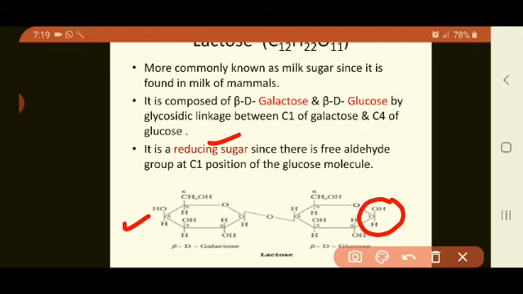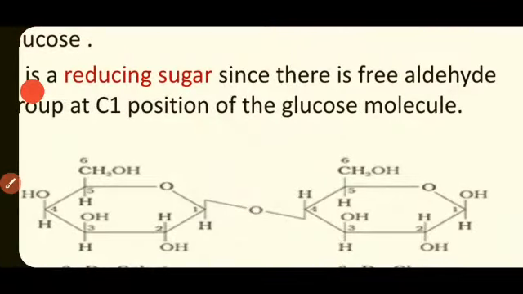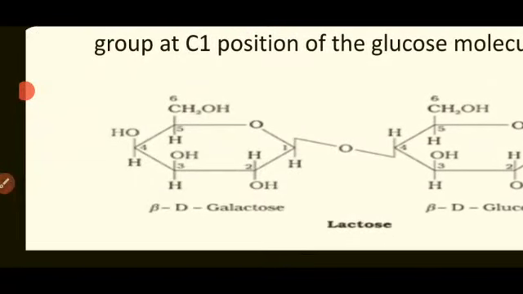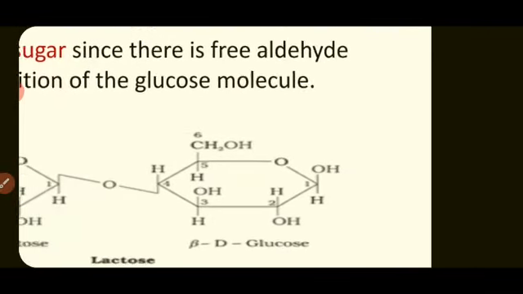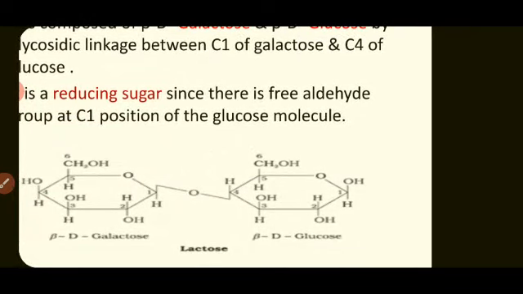And one more trick to remember the lactose structure is that the glycosidic linkage is in the form of an N shape. In the other two, if you have seen, it is straight, but in lactose, it is of N shape. You can refer to the textbook also and practice writing these 3 structures, that is sucrose, maltose and lactose.